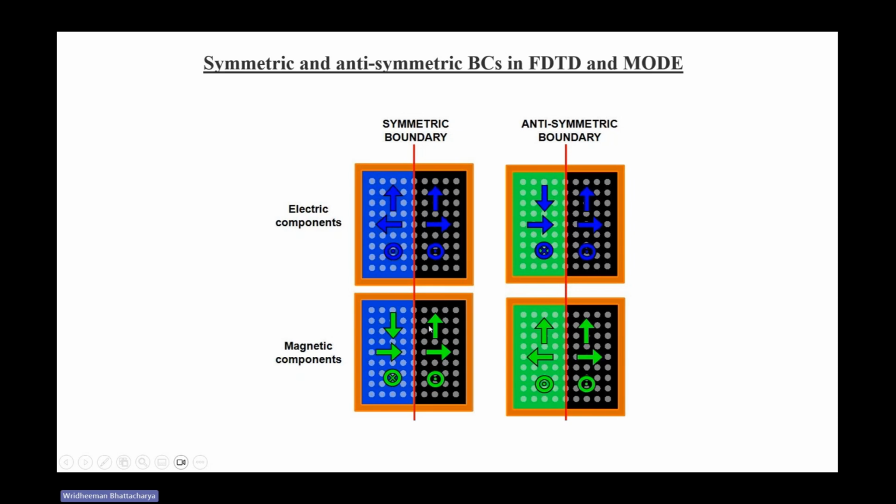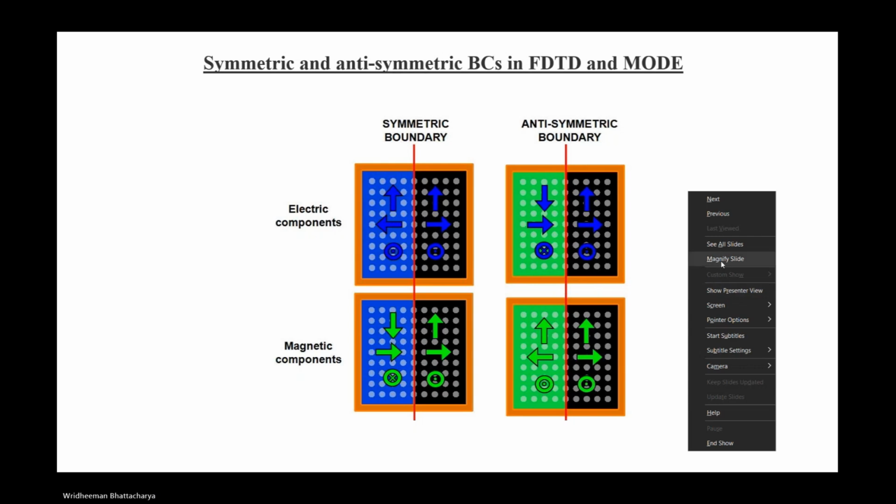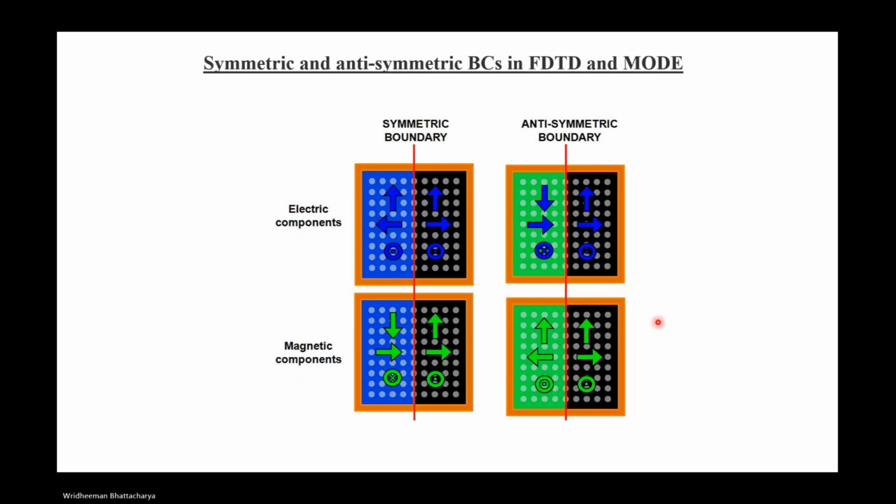Similarly, in the magnetic components for the symmetric boundary it gets like this, and for the antisymmetric boundary, this gets like this. So basically, when the antisymmetric and symmetric boundary conditions can be used, it can be used whenever there is a